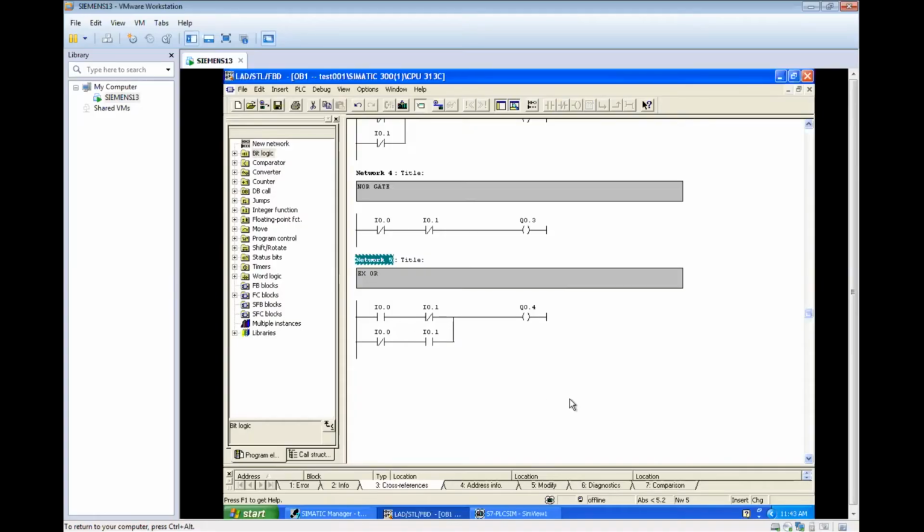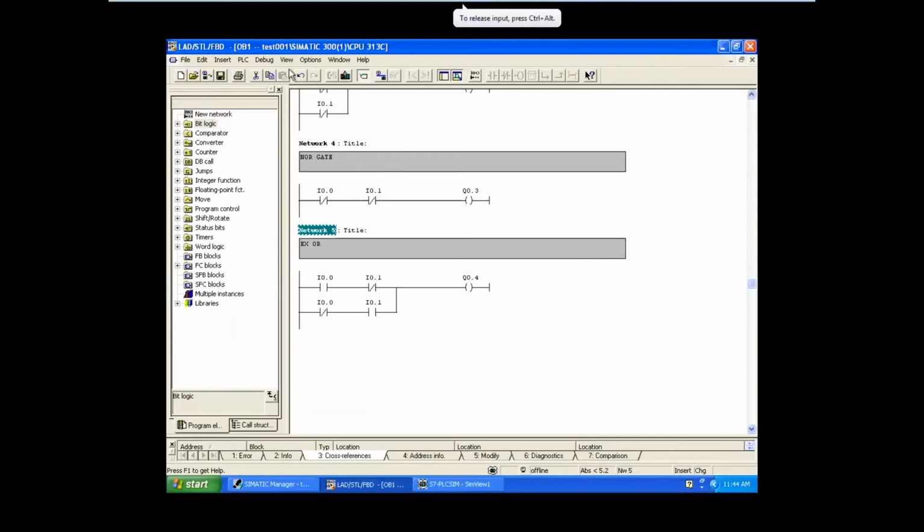Don't get confused that we have used 4 switches. We have used only 2 switches. What is the address of the switches? I 0.0 and I 0.1. But we are using a copy of each, another contact with the same address. So practically we are using only 2 switches, but logically we are using the other state of the switch. Okay. So by using this only, we can achieve the concept of XOR.